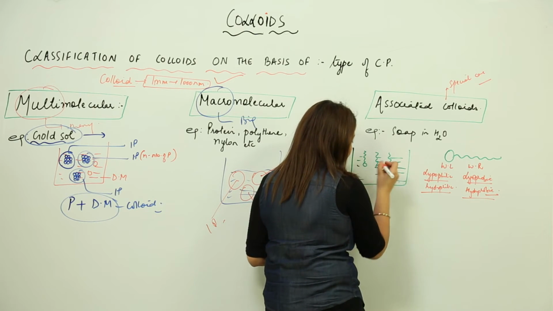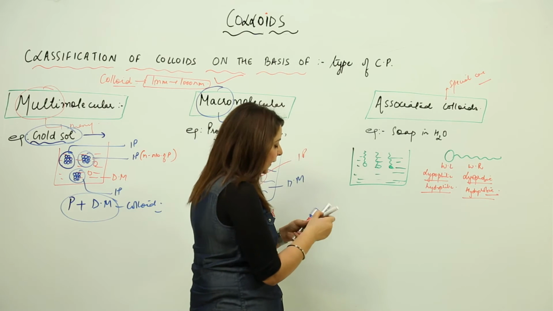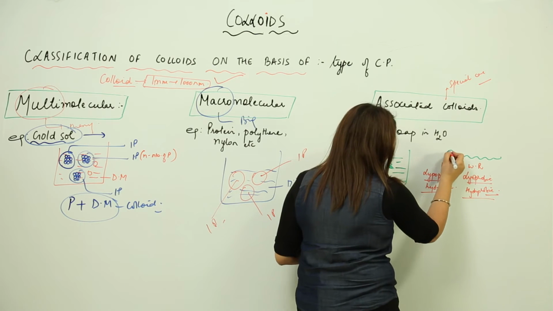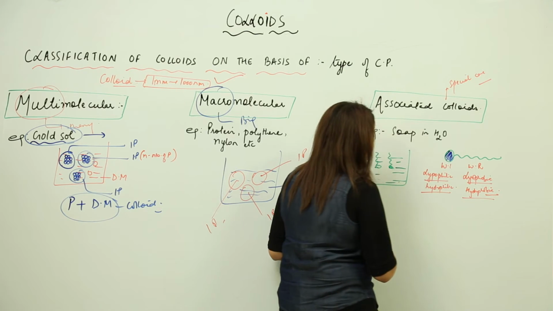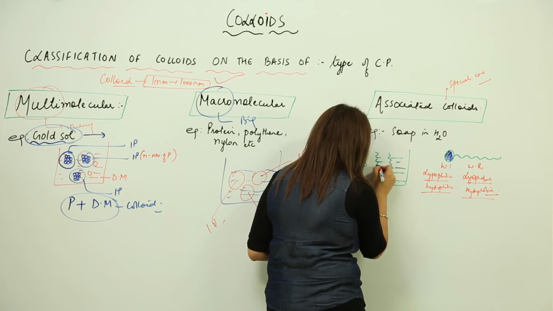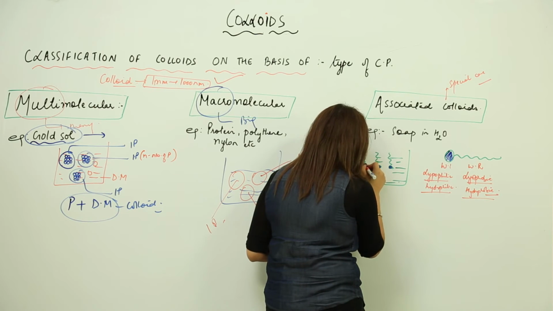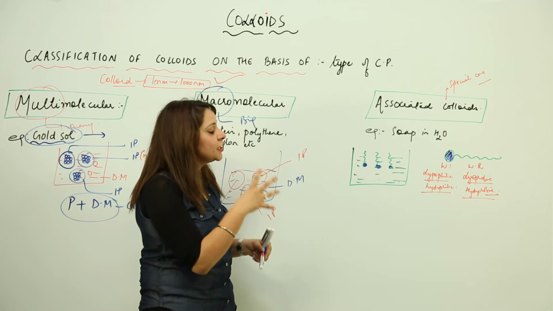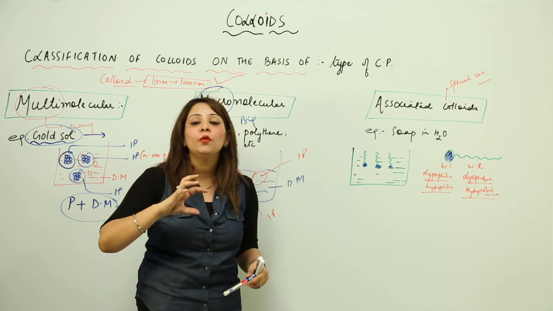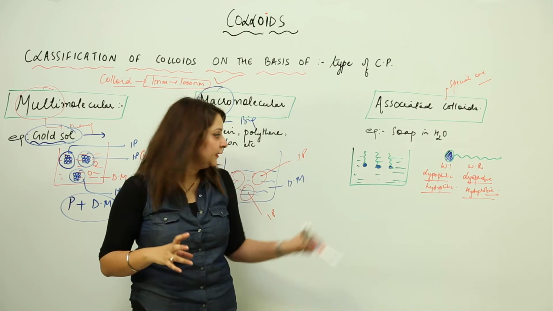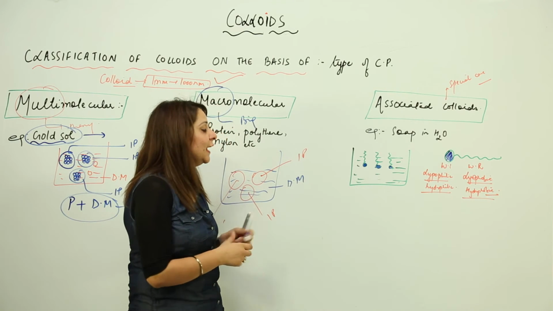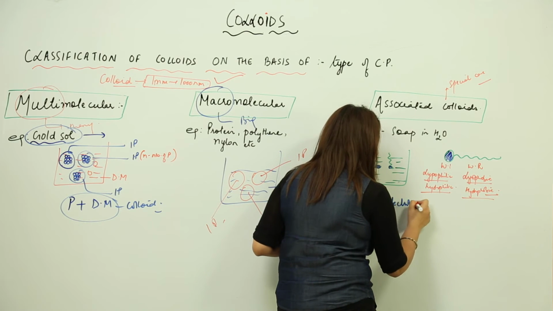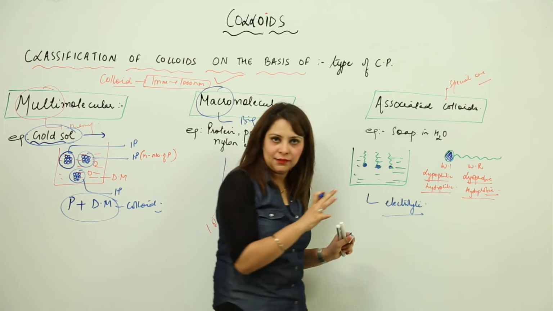So how they are arranged, I'll just draw their head with a different color. Let us say blue, because as they are hydrophilic, that means they are water loving. So I just want to show you which part is loving water is towards water or not. So what you can see here, that the water loving part is towards the water and the water repelling part is away from the water. This is what you get to see here, right. So that means they are behaving as an electrolyte. They are behaving as an electrolyte because we can see the particles, right.